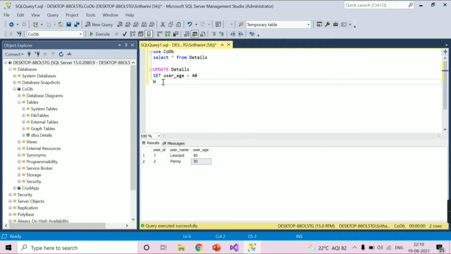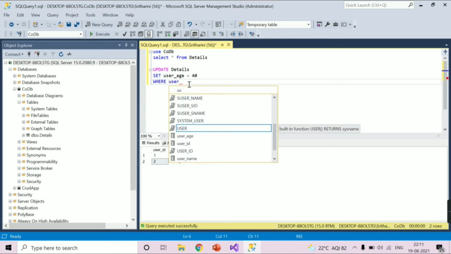Set based on what criteria? I am taking her ID because ID is the one that uniquely identifies this record. Even though the username is also different, maybe in future there might be another Penny. So to differentiate a record from another record, we would be using user ID,